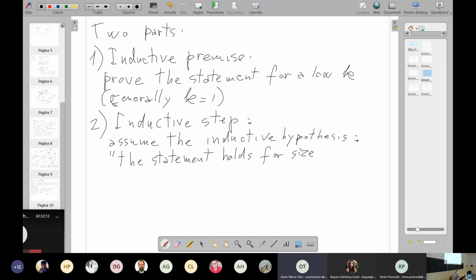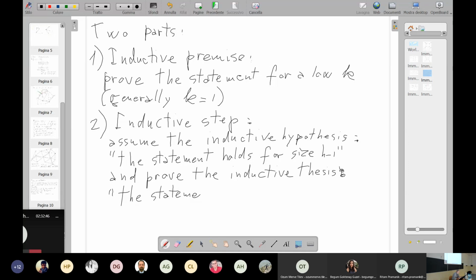The statement holds for size k minus 1, and prove the inductive thesis: the statement holds for size k. Okay,